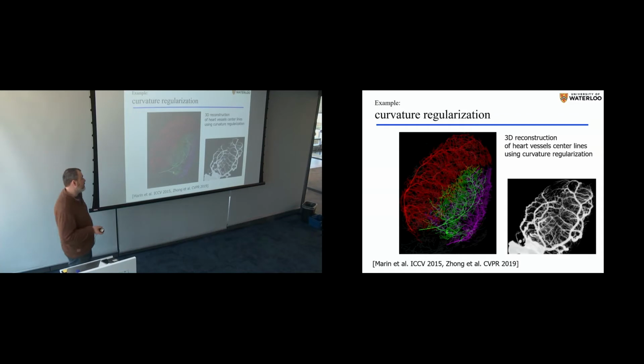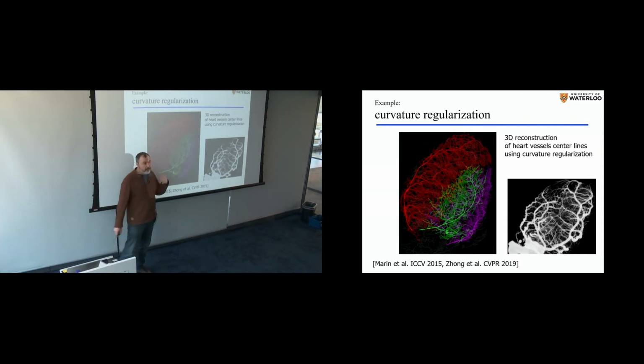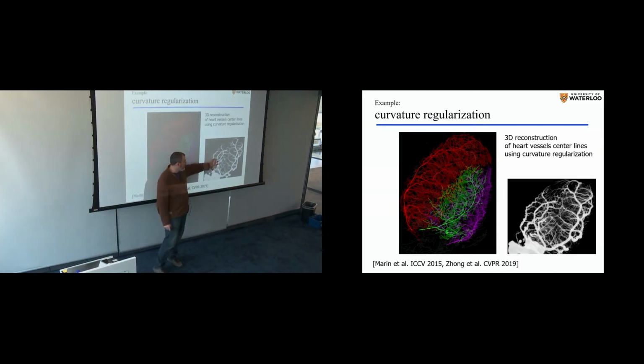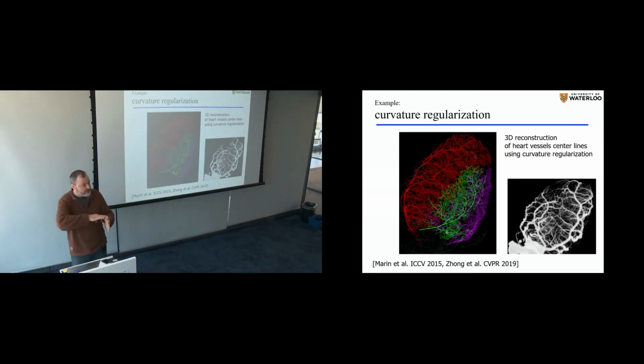We also use curvature in some recent projects, for example, for constructing vessel trees from high resolution microscopy CT data like this. It looks easy, but it's actually a very large 3D volume, and the vessels resolve to near capillary level. It looks nice from a distance, but when you zoom in on this data, it's a zoo. It's a very interesting inference problem. We have methods for solving it, but we regularize the center line using curvature, as an idea of continuity, like the standard continuity criteria for connecting things, but curvature is very useful here.